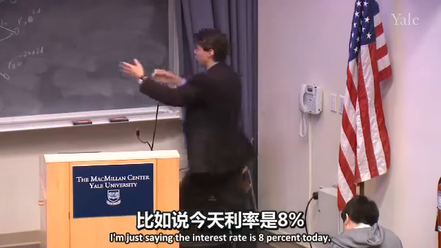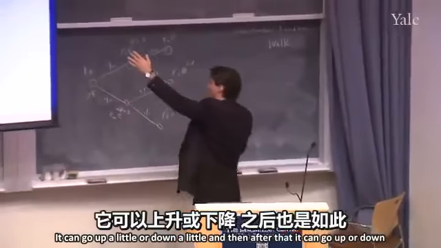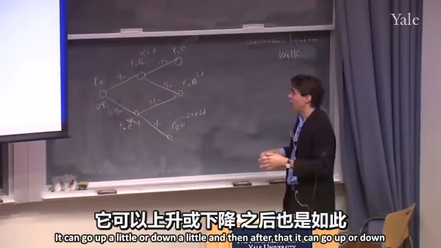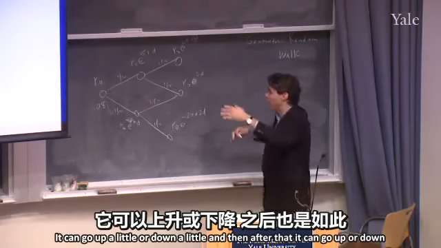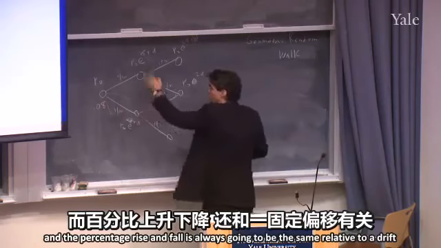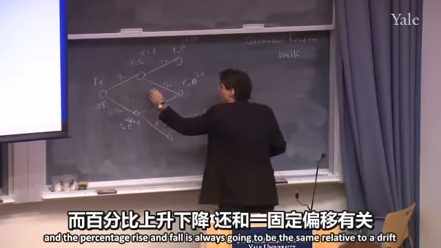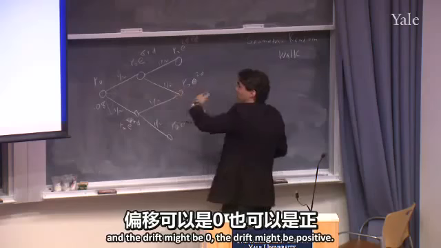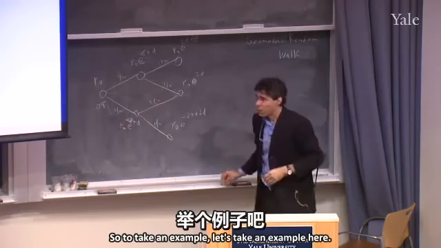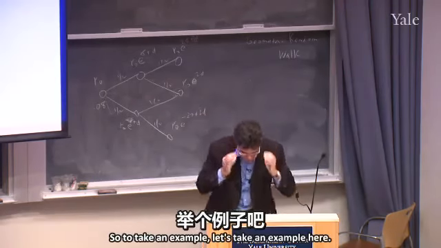I'm just saying the interest rate is 8% today. It can go up a little or down a little, and then after that it can go up or down, and the percentage rise and fall is always going to be the same relative to a drift, and the drift might be 0, the drift might be positive. Okay, so to take an example,